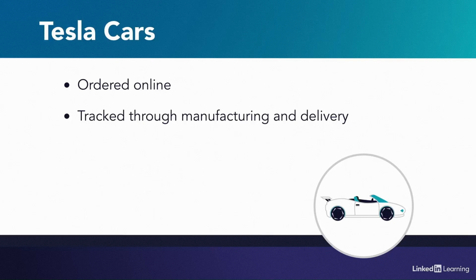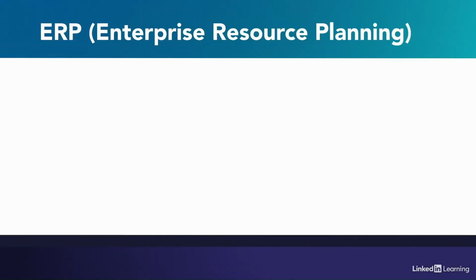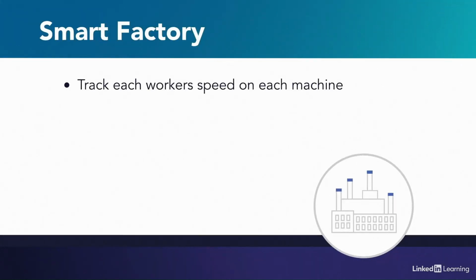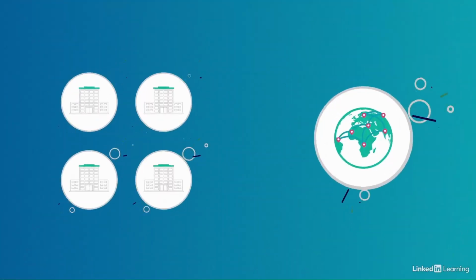through manufacturing to delivery. Interfacing products directly with an ERP system, or Enterprise Resource Planning System, enables enterprises to track workforce efficiency. For example, a smart factory can track how long each worker uses each machine. Through analytics, the enterprise can determine its most efficient staffing. This direct interfacing with business systems